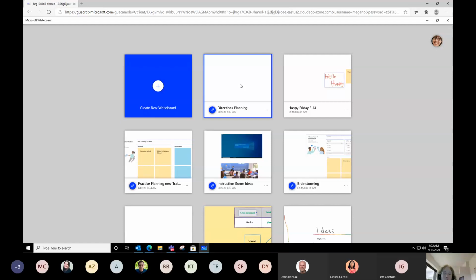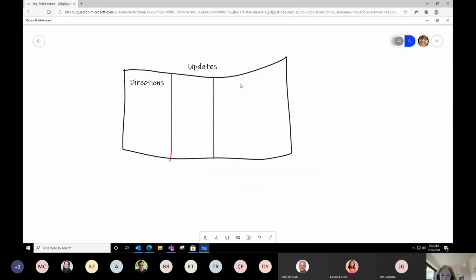So right here, I'm going to go ahead and open up this, again, canvas that we just created a few minutes ago, just so that you can see that the stuff is all still there. Now, you're probably thinking, Alyssa, doesn't look all that different. It doesn't, but believe it or not, there's a lot more here. And that's what we're going to go in and look at, is some of the cool features that you actually have in here. But I did want you to see that what we did in the online app was saved. It's part of, again, your Office 365 account, and you can see it here.